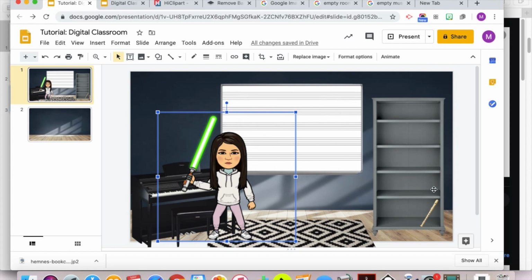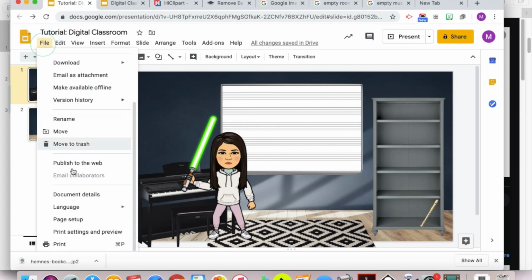Okay, so now that you have your classroom built and you've added in all those extra things, if you wanted to put links to different web pages, like I've seen a lot of people linking to Chrome Music Maker, you can take a screenshot or find a still image and put it up like it's a picture on the wall. A lot of people have been doing that, or just putting little toys on the bookshelf that link to different things. When that is all in and built and you have everything how you want it, which we're not going to go through because that'll take forever and you don't want to watch me do that,